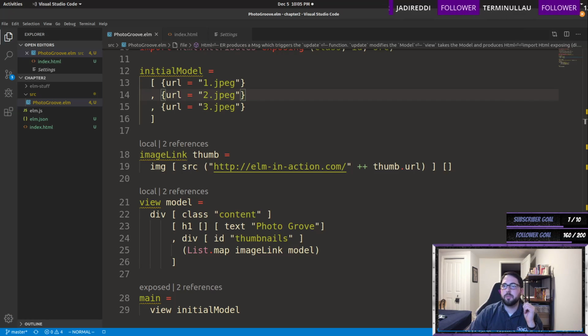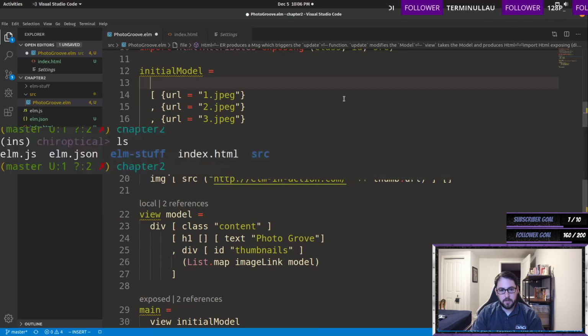Okay, so it says expanding the model. Now let's add a feature. When the user clicks on a thumbnail, oh, we want to call this, oh, we already called it ID thumbnails. Good. It will become selected, indicated by a blue border surrounding it, and will display a larger version of it beside the thumbnails. To do this, we first need to store which thumbnail is selected, which means we'll want to convert our model from a list to a record, so we can store both the list of photos and the current selected URL. All right, so we're gonna have in here a record,